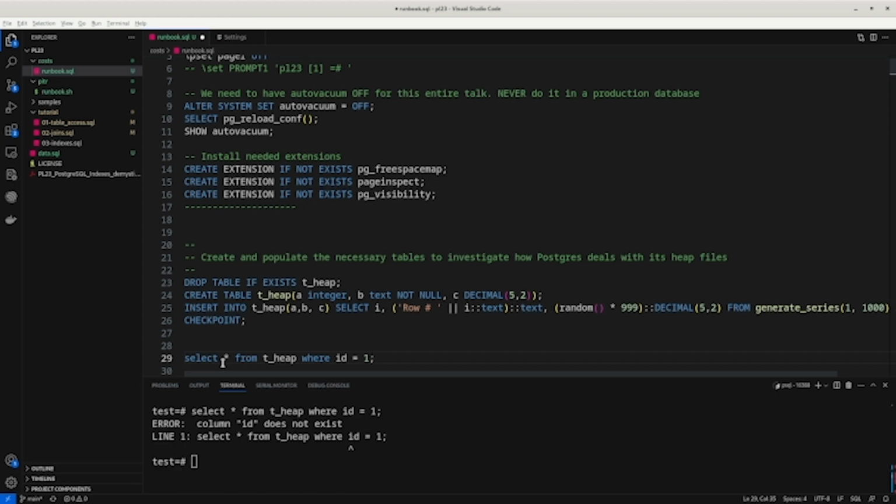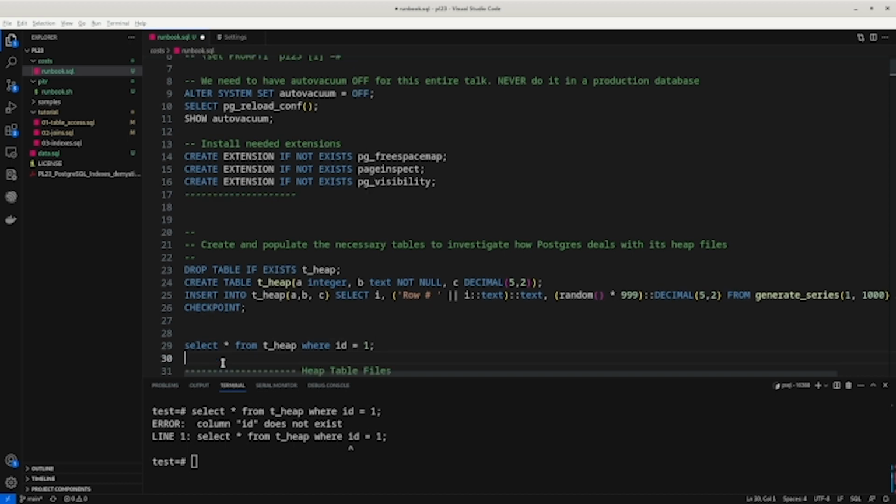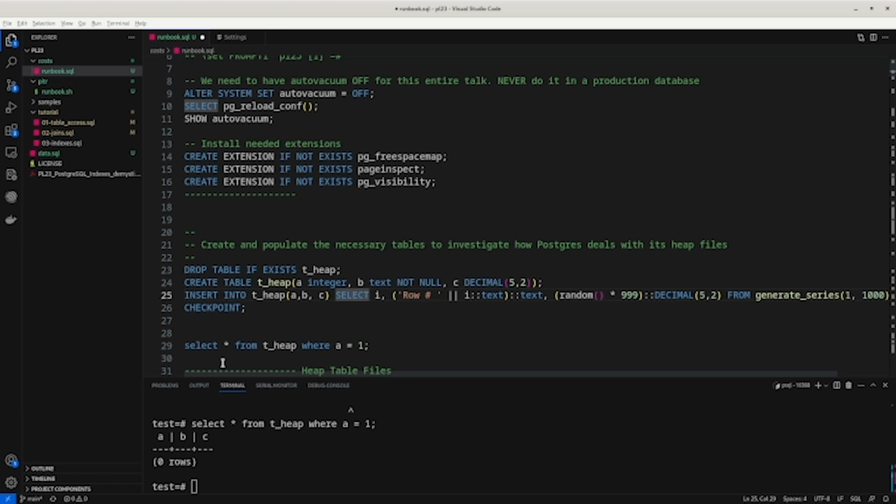Well, the ID doesn't exist. Okay, the first problem. No, I don't want autocomplete. No rows. So second problem, but that's easy to fix.